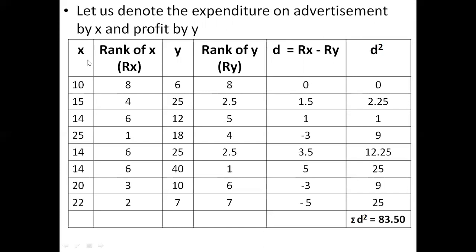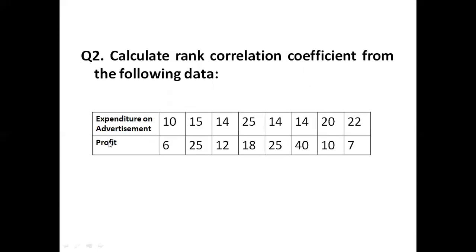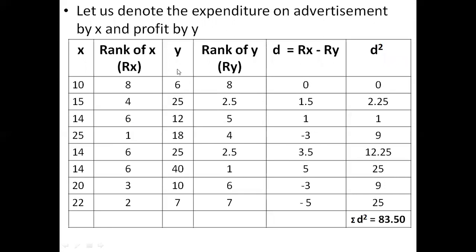तो यहाँ हम क्या करते हैं कि हमने जो x है वो एक्सपेंडिचर ऑन इन्वेस्टमेंट को डिनोट कर दिया है, जबकि हमने जो टेबल में प्रॉफिट दिया हुआ था इसको हमने y से डिनोट कर दिया है. तो ये जो वैल्यूज हमारे क्वेश्चंस में दी हुई है वही हमने सेम टू सेम यहाँ इंसर्ट कर दिए हैं, x value and y value which are given in the question.